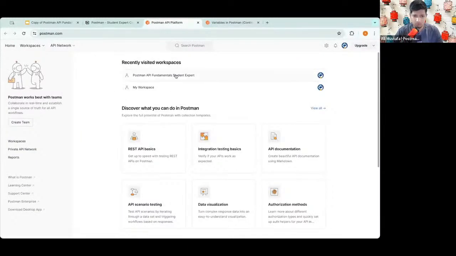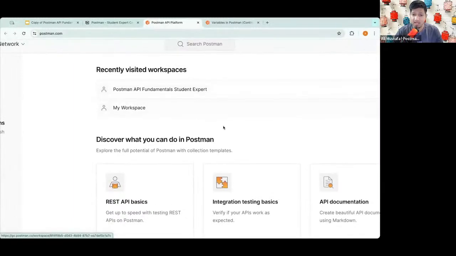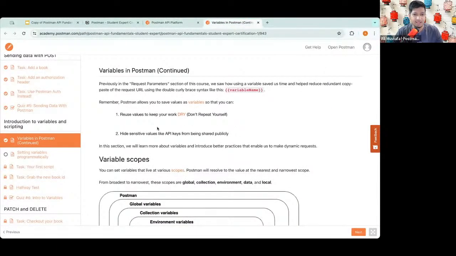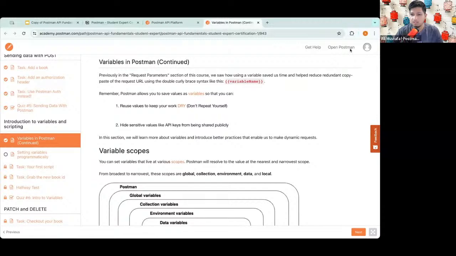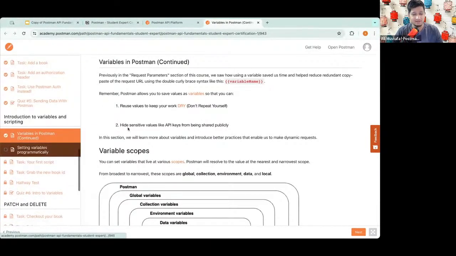Awesome. So you can see this is the workspace which we worked on yesterday, and we saved every single thing which we did. So that is also going to play a very important role today. And then this is basically the academy. If you are not logged in, I'll ask you to log in quickly. But if you're using the same computer, I'm pretty sure you might be already logged in. By the way, we completed quiz number 5 yesterday, and we are going to start right here.